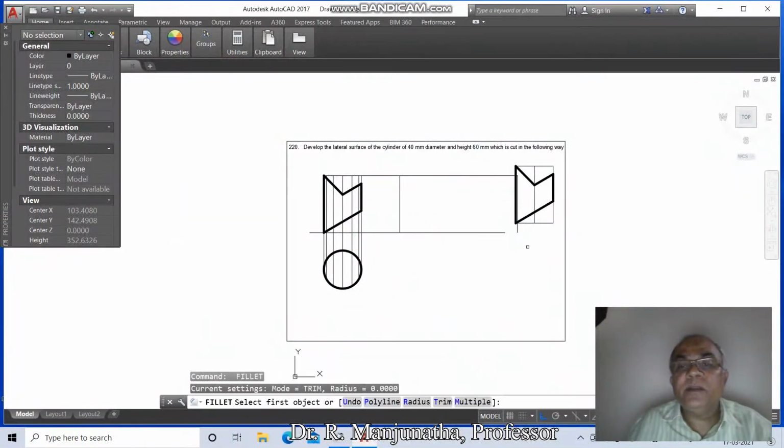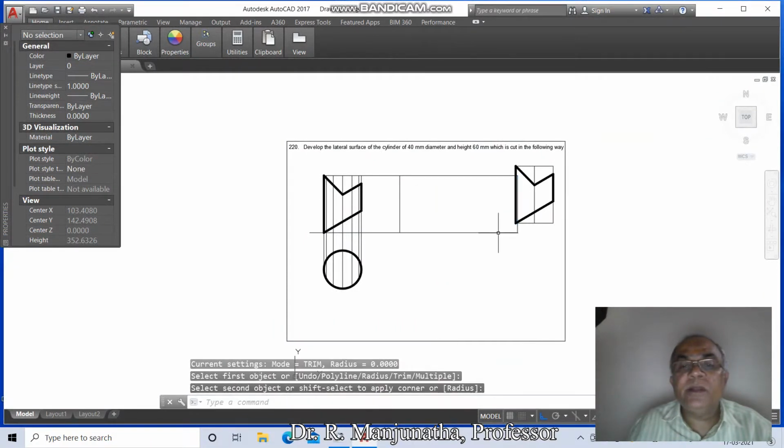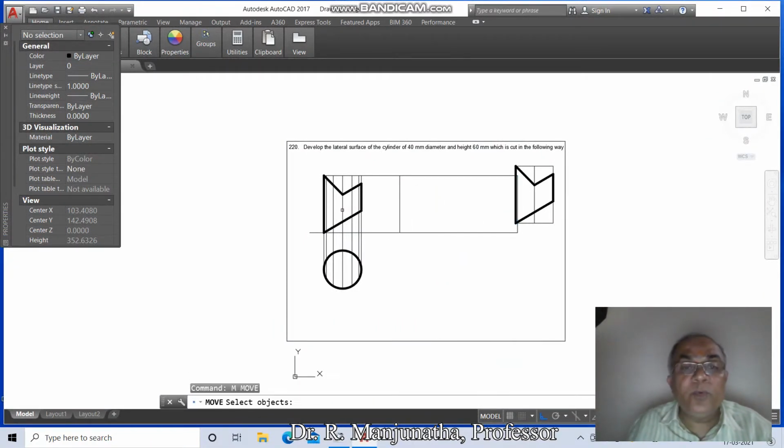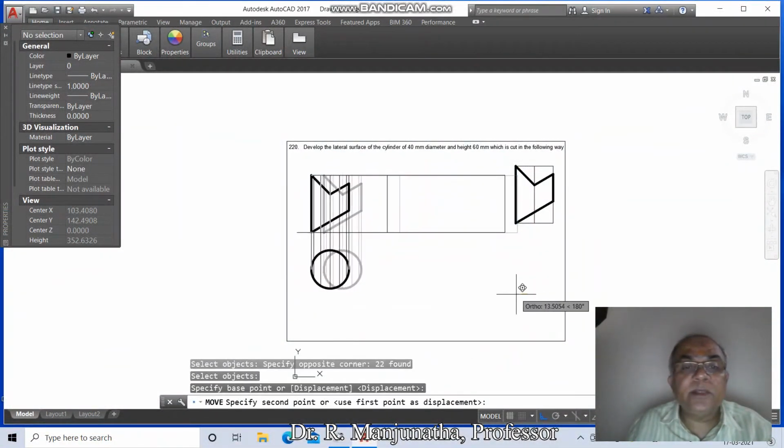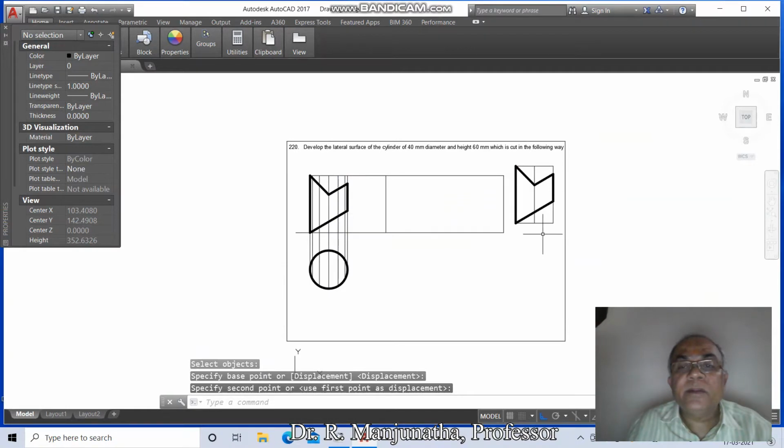Then go to fillet between these two, then fillet between these two, then go to move, select this entire thing, then move this side, then go to